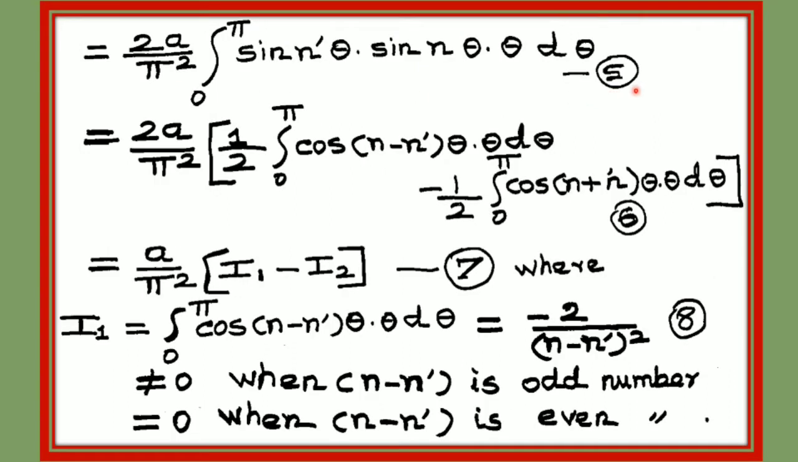From the above, equation 5 is obtained. The 5 கிடைக்கும். பிறகு using the trigonometry formula, நம்ம இதுக்கு sin n prime theta, sin n theta, theta d theta